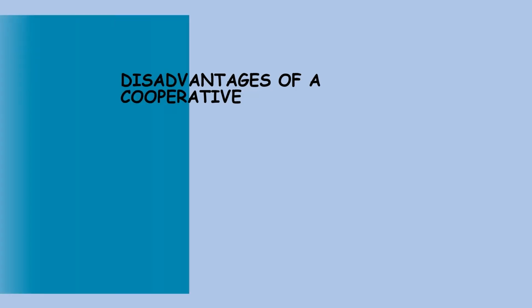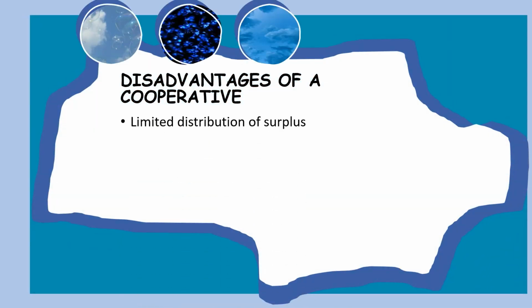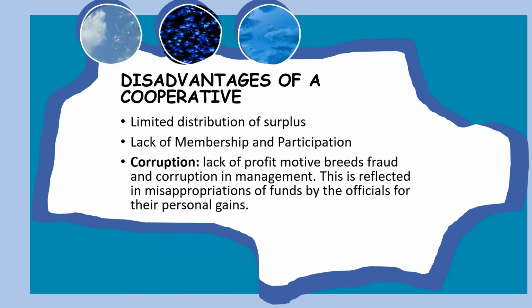There are also disadvantages of a cooperative. These are: limited distribution of surplus. There's also lack of membership and participation. Corruption. Lack of profit motive breeds fraud and corruption in management. This is reflected in misappropriations of funds by the officials for their